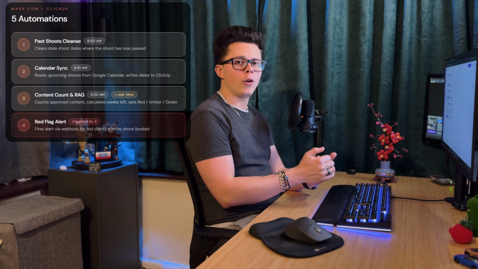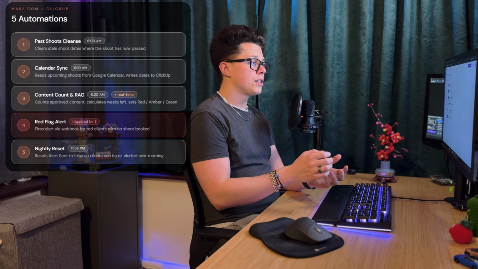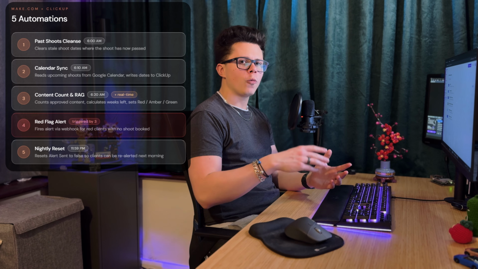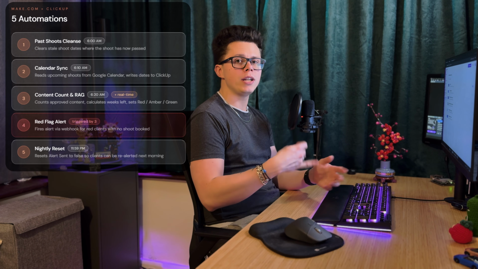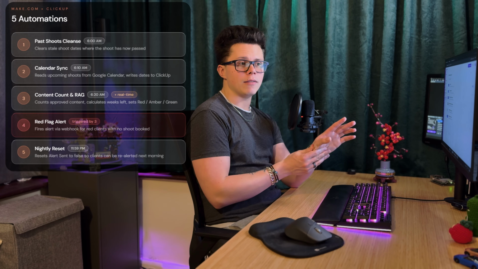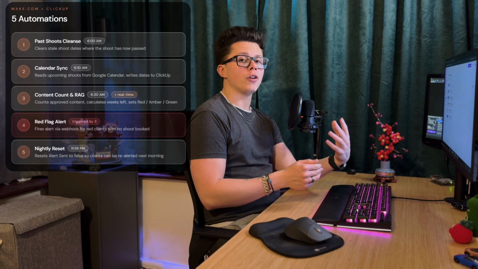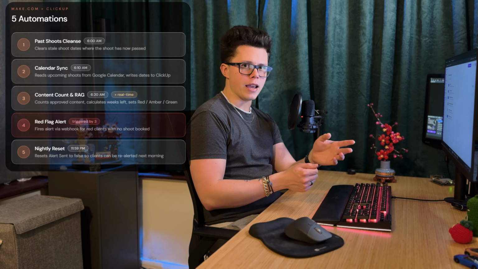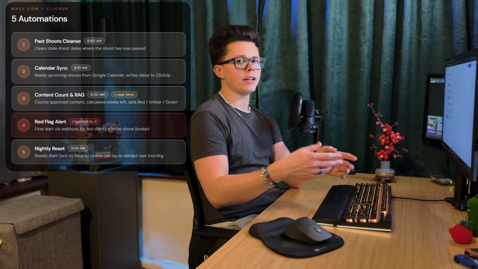And the final one will be a nightly reset. So when everything is done, we want at midnight to reset everything. So for example, there will be a checkbox to say we have already sent an alert, so that we don't send multiple alerts during one day, but we do want to reset this so that it can be sent again